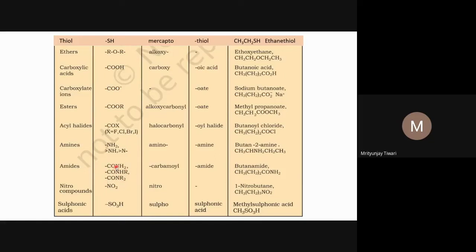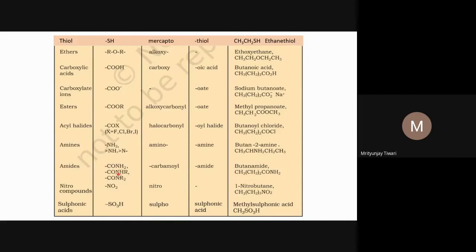So primary amide is what? If the OH group of carboxylic acid, or the acid group, is replaced with the NH2 group, or the primary amine, then we call the functional group an amide. If in the place of hydroxyl group there is a secondary amine, NH, and you know there is a carbon,